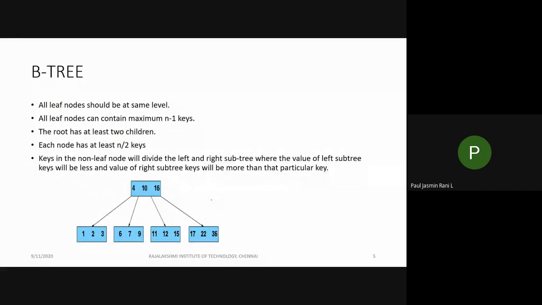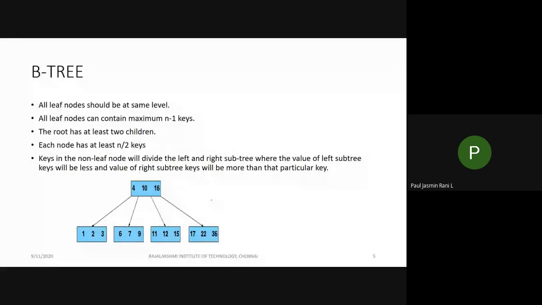We discussed the binary search tree. All the trees are introduced in order to speed up your searching operations. If you want to take any elements from your database and the searching is fast, then you can retrieve the elements in a very quick manner. Therefore, they introduced several algorithms. First they introduced the binary search tree. In that binary search tree, if the tree is not balanced, then again you will have some problem, isn't it? So therefore they introduced the balanced binary search tree, that is the AVL tree.